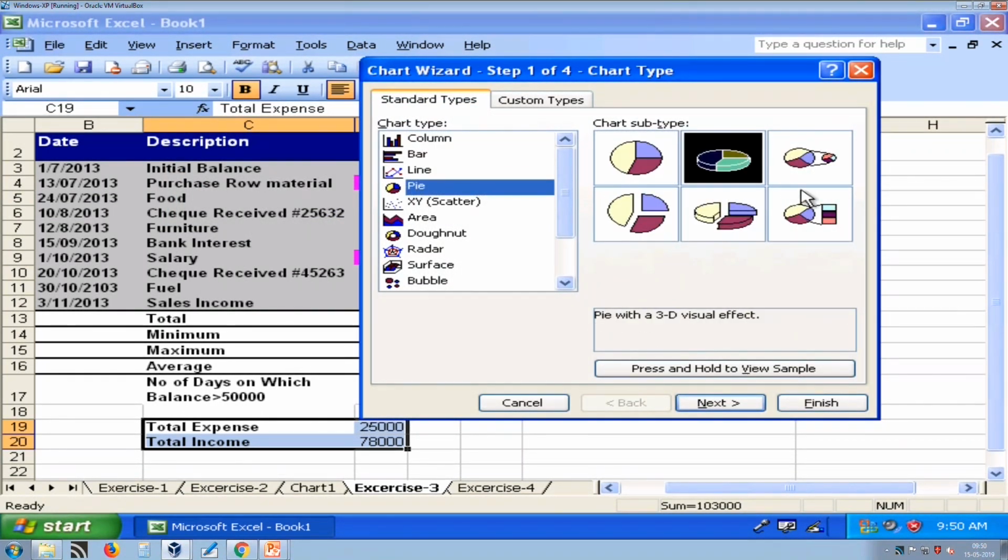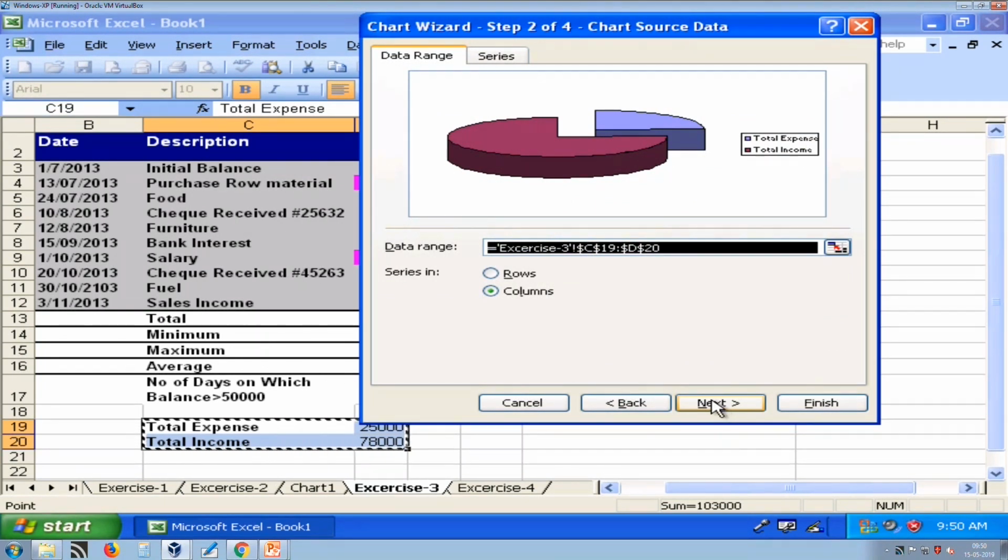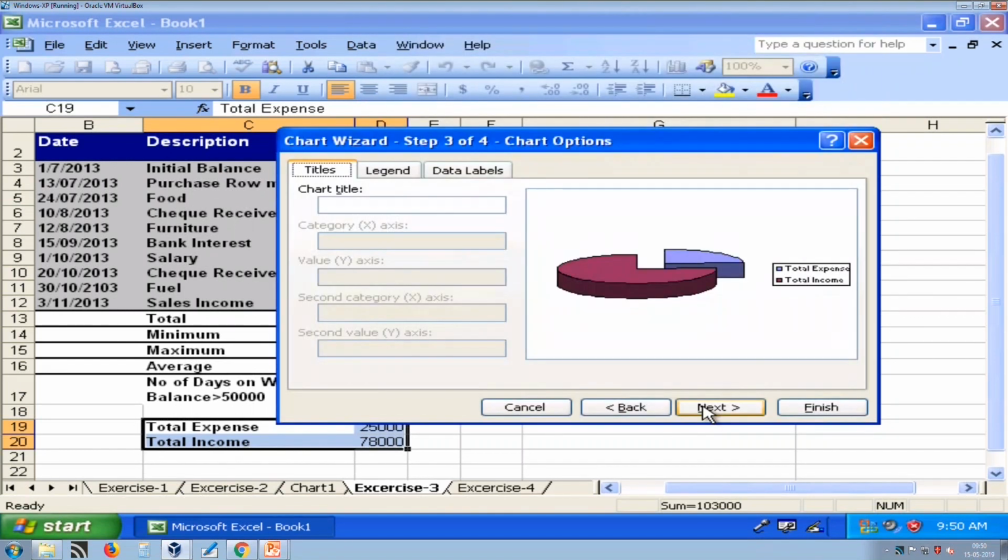Select any form of chart that you want to use and press next. Here I just press next.